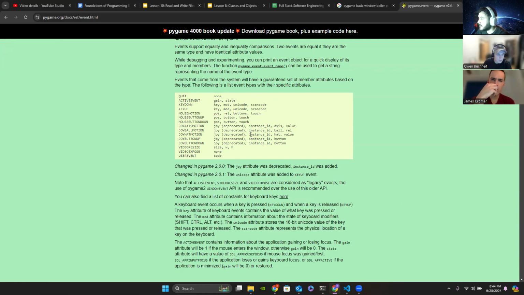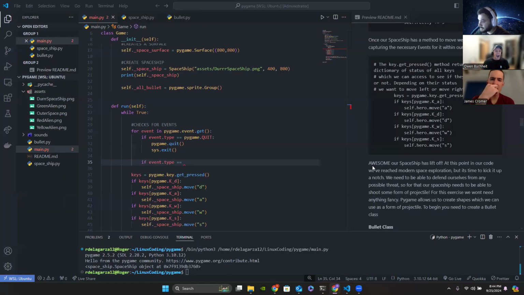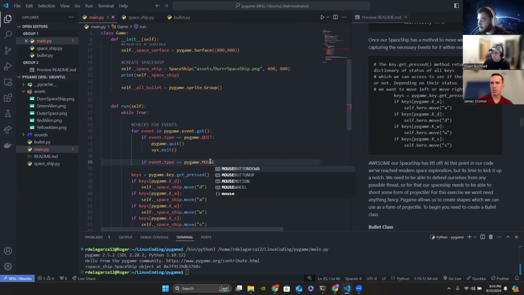These are active events that the game tracks. We had quit, that's the one we used earlier. We're gonna use the mouse button down for our event. So I'm not just putting this out of thin air. So if event.type is equal to pygame.MOUSEBUTTONDOWN,